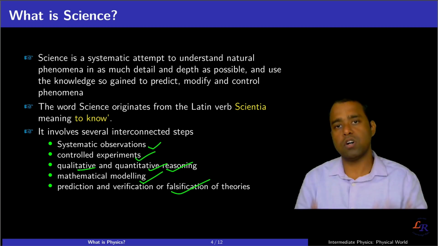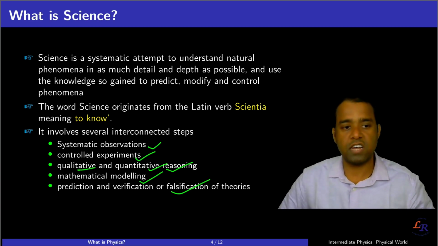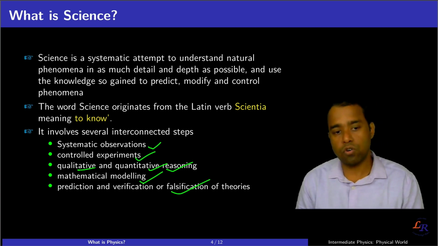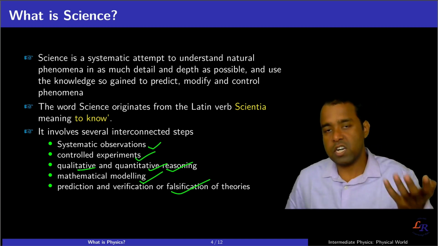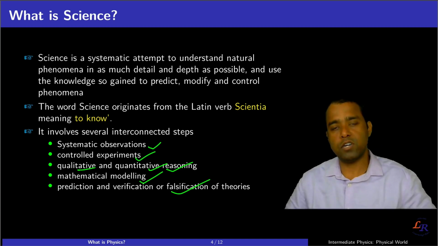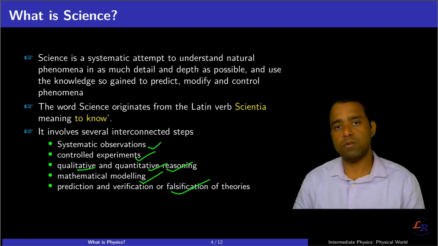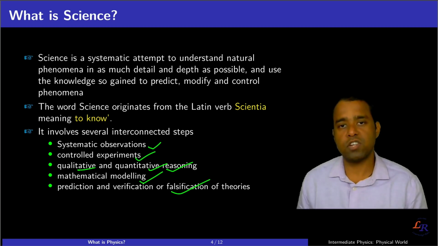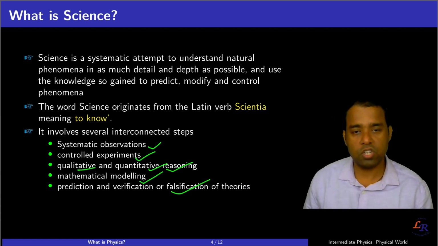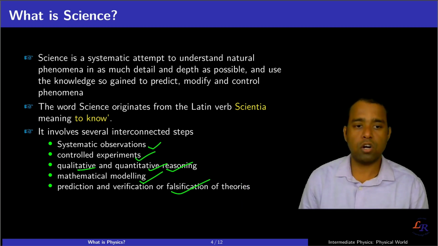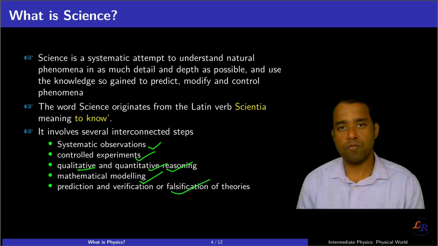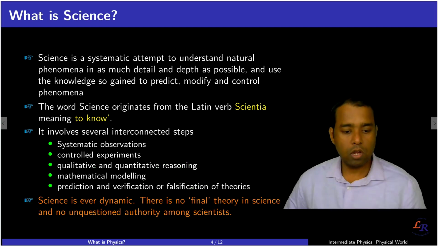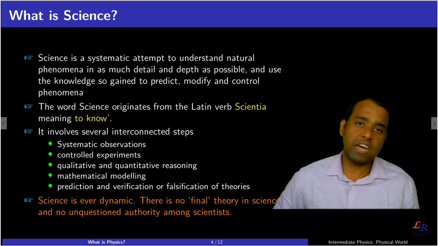This is just the beginning, to give you a brief on what science is and how it has different interconnected steps. And of course, one theory does not always remain true. Once you find something new, it will be modified or updated, or if it is not satisfying any new observation, then we may have to come up with a new theory. So this is the whole procedure where interconnected steps are involved, and then how we proceed in this direction in future.